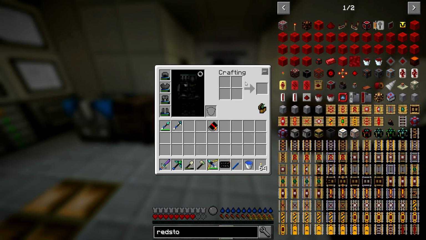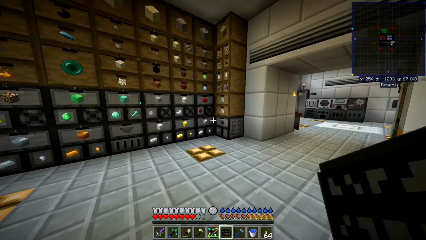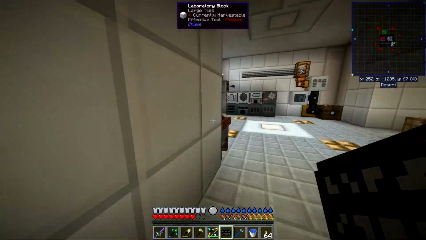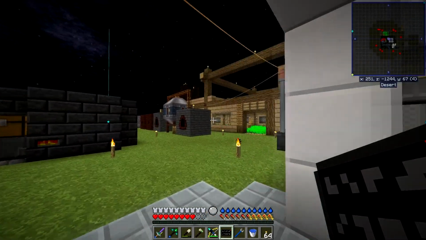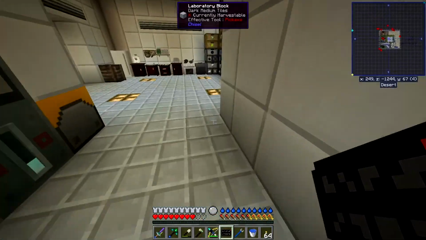So if we can build one of these, we could have it focus on redstone, and hopefully that would take care of our redstone issues. It would also give us more redstone ore to keep expanding the farm up there as well. So,